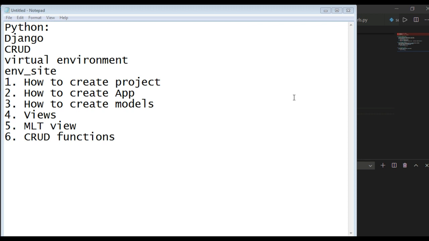So these apps are reusable, and you can just make an app and put it in another project and run it. It is very easy to develop applications, rapid application development. Rapid application development means you only create a model, and then from that model you run two commands, makemigrations and migrate.